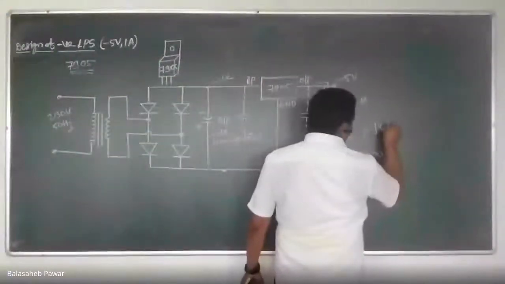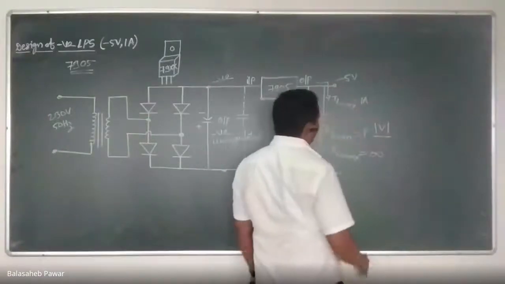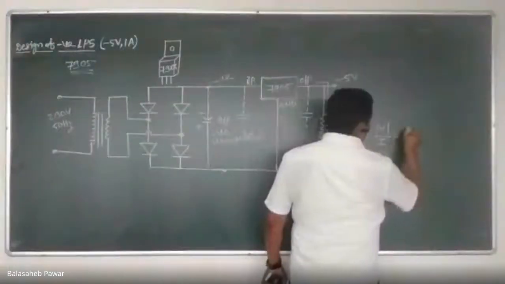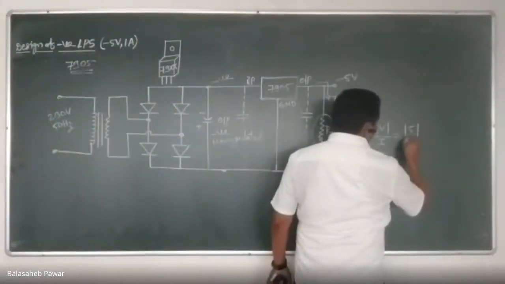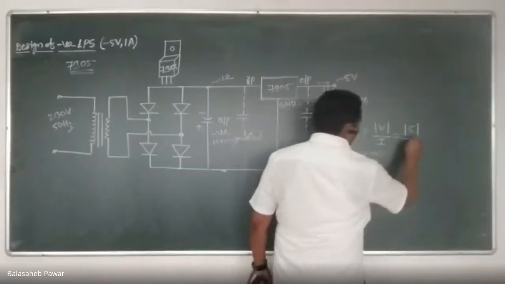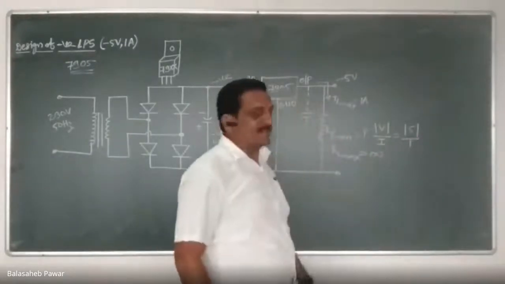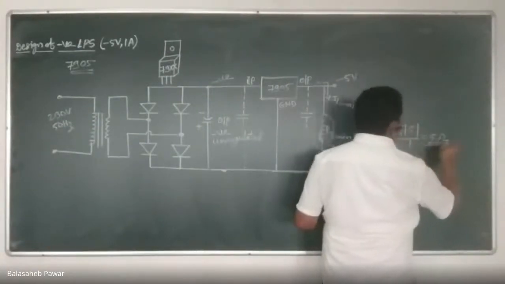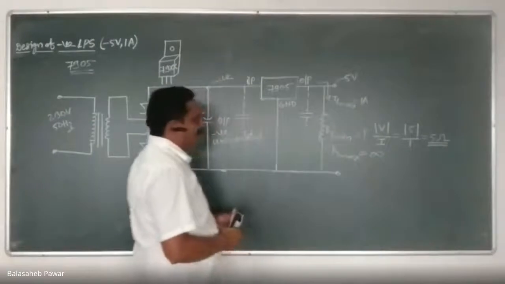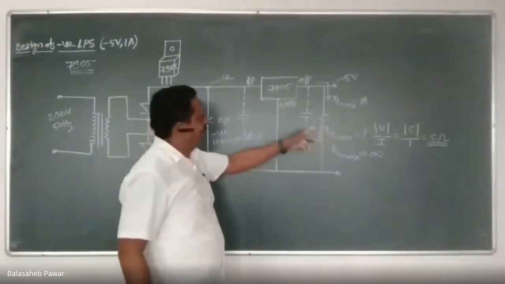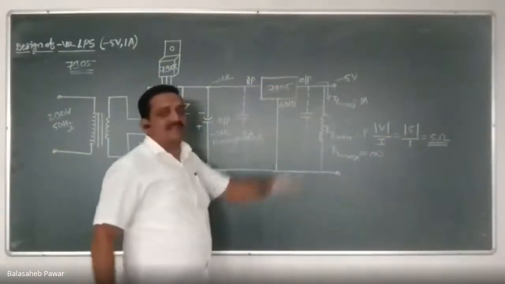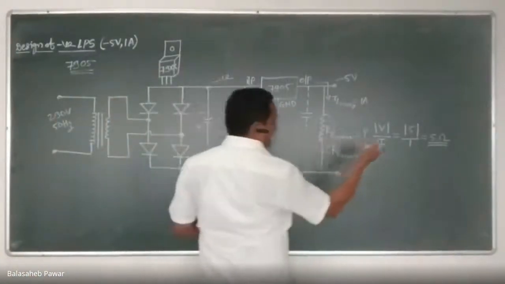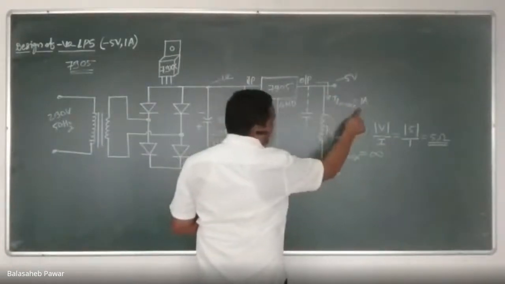Just take the voltage, that is V divided by I. Is it? How much output voltage will we obtain? We take only the value of that voltage divided by current, as it should be 1 ampere maximum. That means you can connect a minimum resistive load of 5 ohm across the output of the 7905, so that the load can consume the maximum current, that is IL max of 1 ampere.